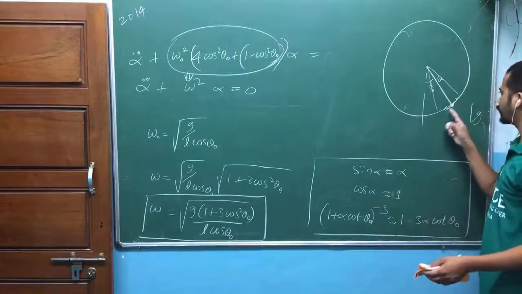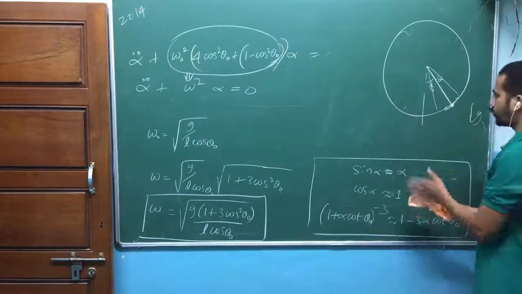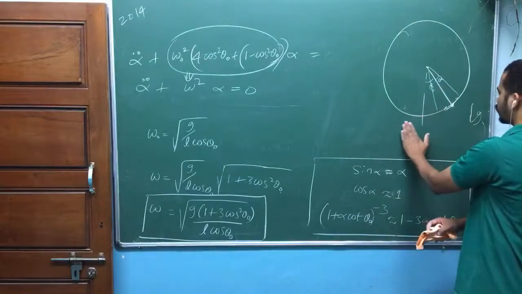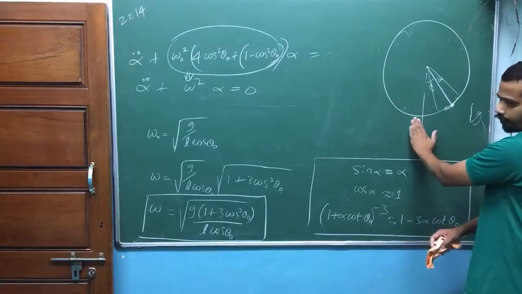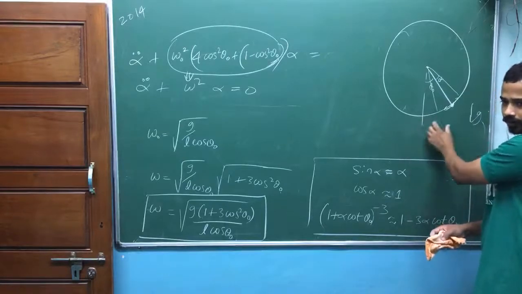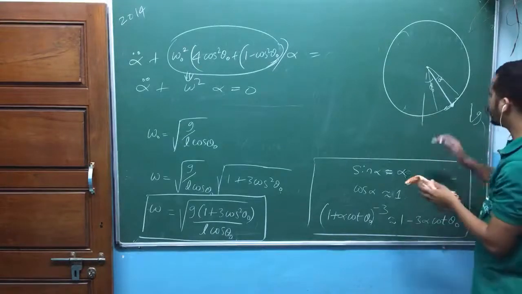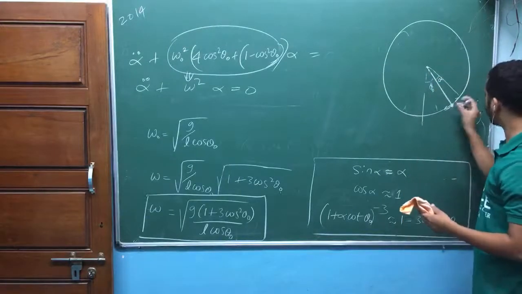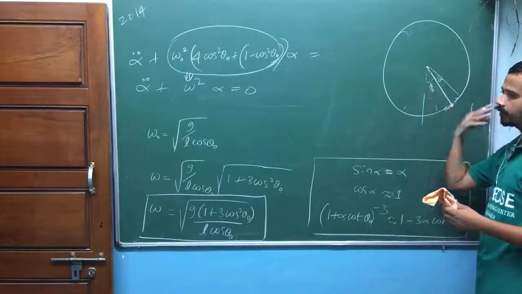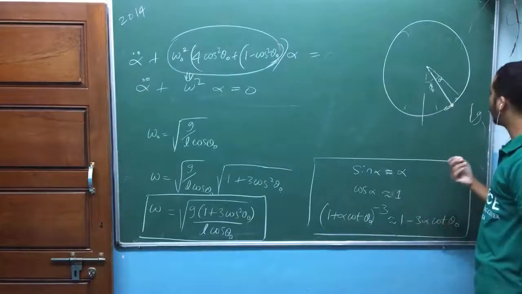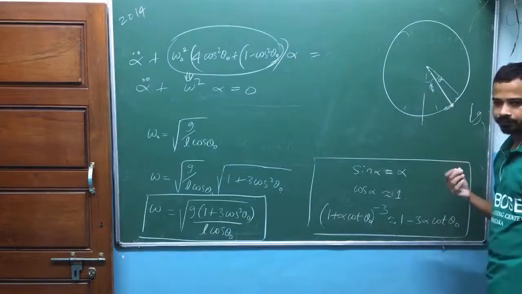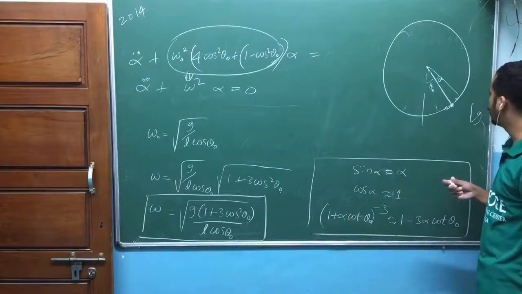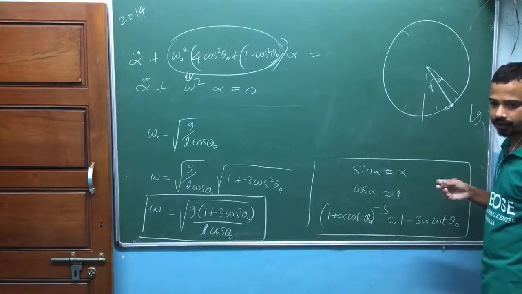It will not do SHM, again, if it is restricted to move on a plane, okay, a cross section, then it will do small oscillation about this lowest part actually, isn't it? That's our simple pendulum. So it is doing small oscillation about theta naught, means along with this small oscillation with respect to theta naught, it is moving like this also. I can't imagine that curve. Let me Google it and try to find the exact curve.